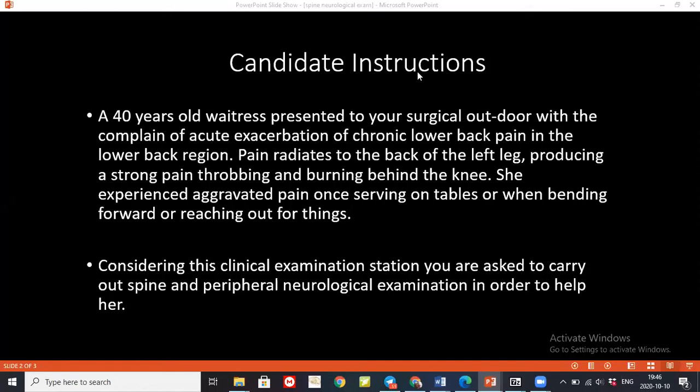So to begin with, I would first of all check for the tone. For the tone, I would first ask the patient to straighten their legs, and I'm going to roll the legs. If they have any pain in the hip joint, they can let me know. And then I will move both the legs, and I will see the floppiness of the foot. If it is more floppy, or if it is normal, if it is not very mobile, then I will ask